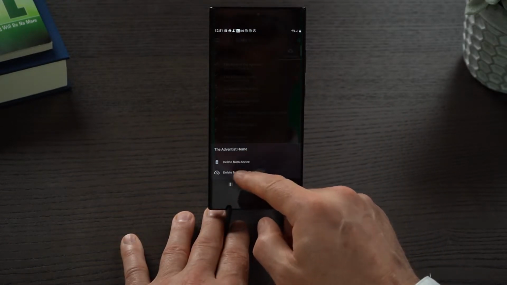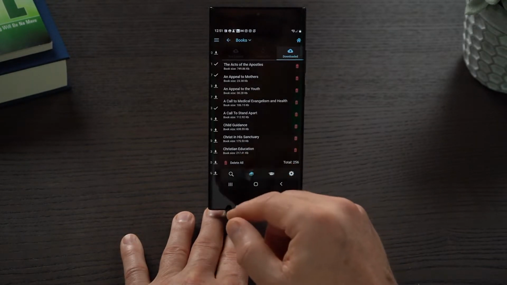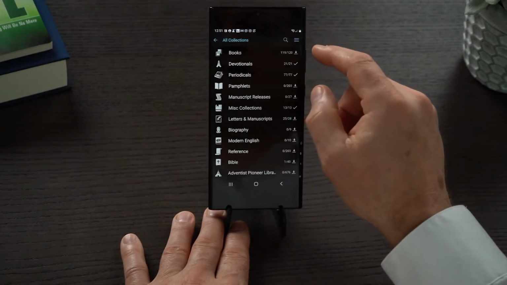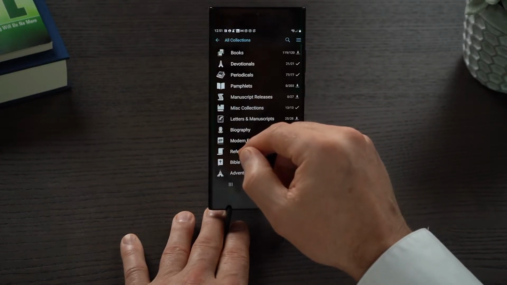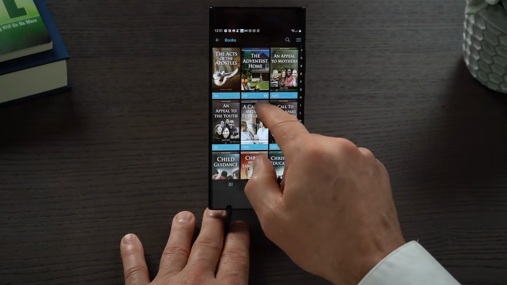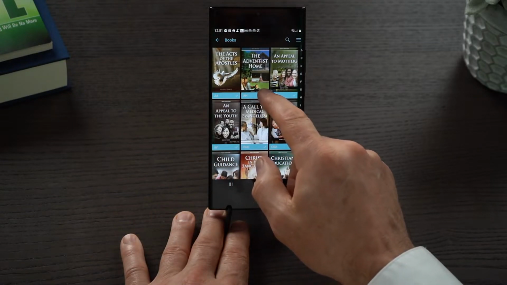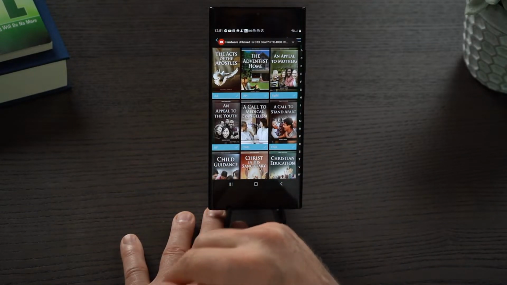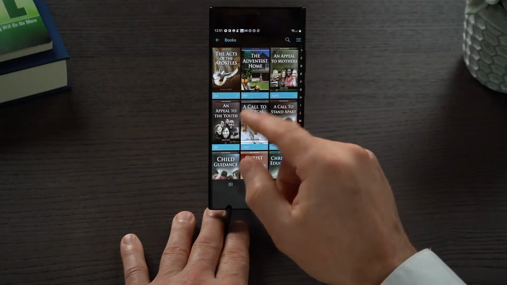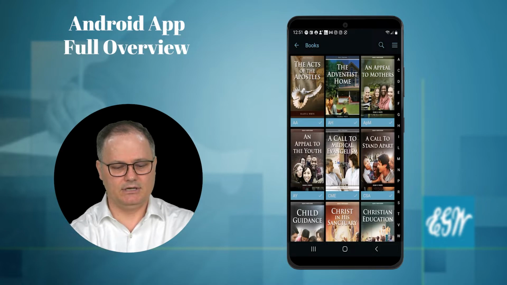So I'm going to go and delete EGW Cloud. Okay. And now it's gone from everywhere. If I come back into Home, go to All Collections, go to Books, it now says 119 of 120. And you can see how Adventist Home is not downloaded. If I just want to download that individual book, you can just click on the little cloud icon there. It will spin around and it will download that book. So that's basically how I delete the books, download the books, and check that the books are downloaded for offline